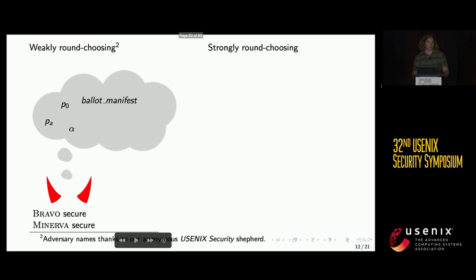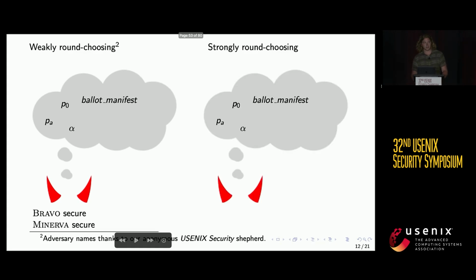And luckily, both Bravo and MINERVA are secure against the weakly round choosing adversary. However, a strongly round choosing adversary is one who has access to all those same parameters and additionally has access to all previous samples. So here I'm imagining that they're choosing the jth round size, n sub j, and they have access to all the previous round sizes, n1 all the way up to n(j-1), as well as the samples drawn in those rounds, so the number of ballots for the reported winner found in the samples, which are k1 up through k(j-1). And so Bravo is again secure against a strongly round choosing adversary. However, MINERVA is not known to be secure against the strongly round choosing adversary. And so this is what we address with Providence.